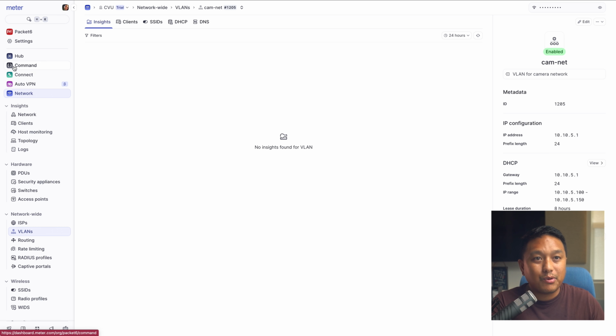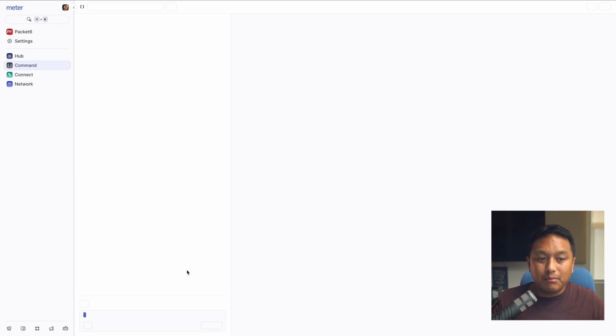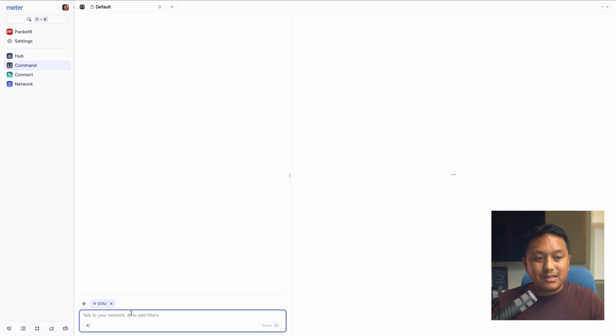We're busy. We need to set this up quickly. I will go into Meter Command, and we will try to tell it to create an SSID for us. So I'm going to type out create SSID. Actually, maybe I should give it a name. Create an SSID